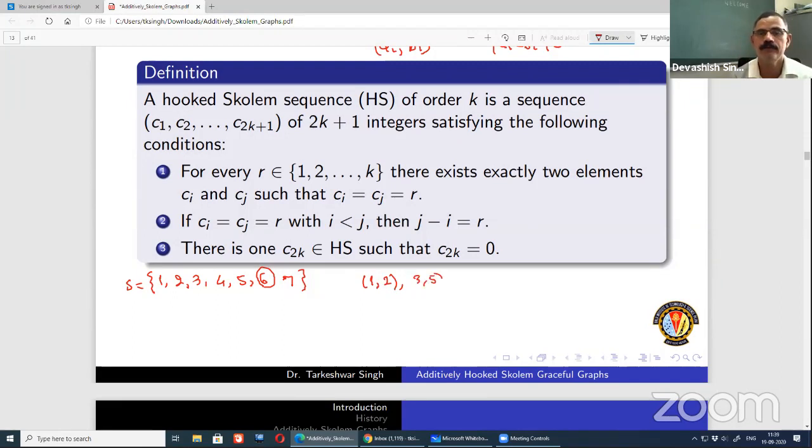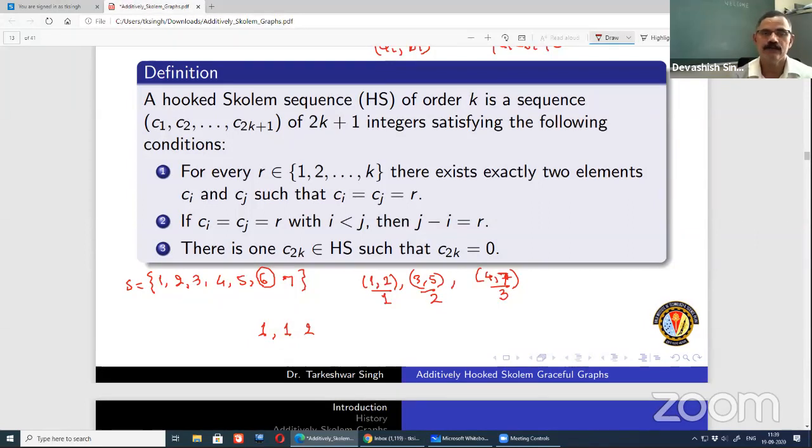Okay, 3, 5 and 4, 7. Now you can see here easily, this difference is 1, this difference is 2, this difference is 3. So we are going to get all the numbers 1 to 3. And when you place the positions, see, 1 appears at the first position, then 2 appears at the second position, then 2 appears at the third position, then 2 will appear at the